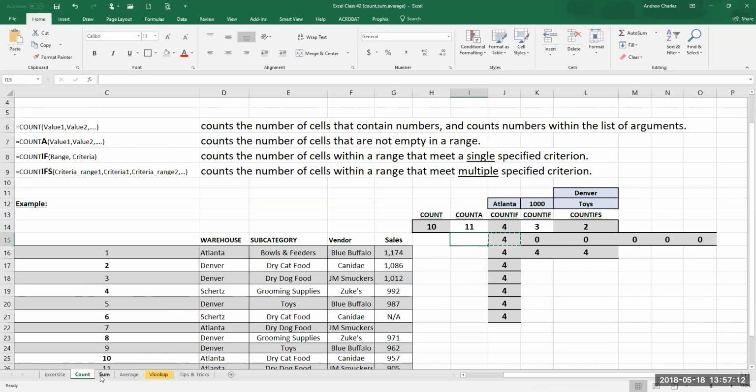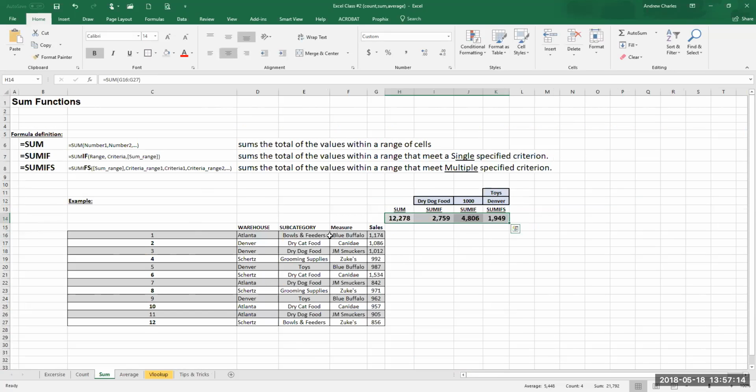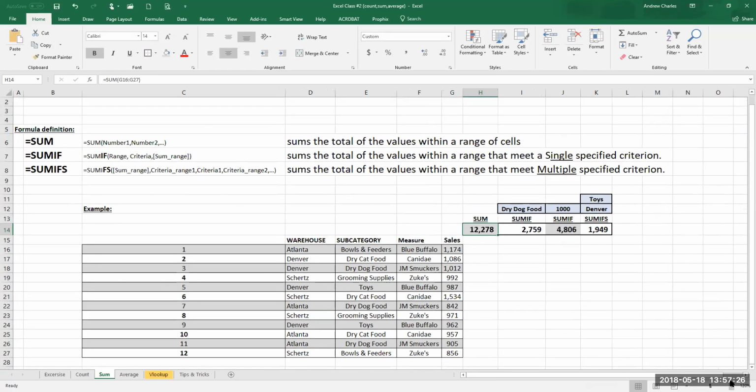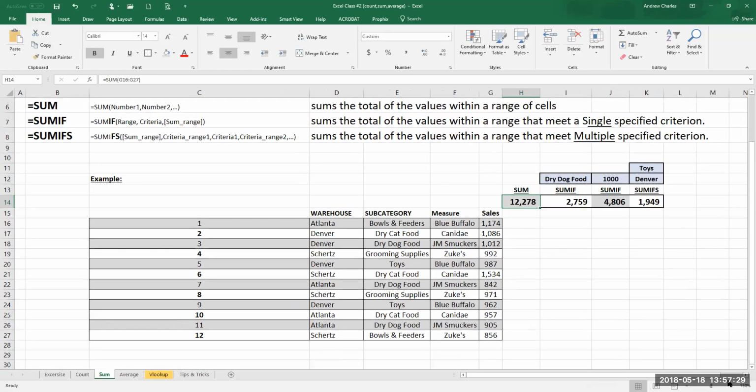All right, moving on to sum. We're going to start here and then move on to the board. The sum formula, I know that we've all used the sum formula before. This allows us to sum a range of cells to find out a total number of what we have. So if I wanted to know my total number of cells, I would ask Excel to sum this range of cells. So in this cell here, I have a sum, and this time you see I didn't put the dollar signs here